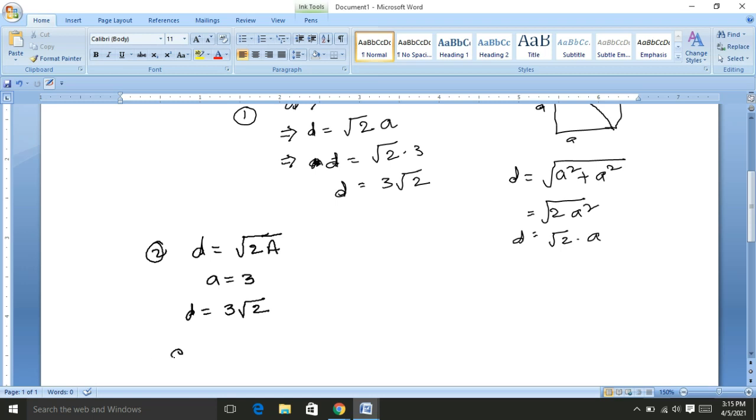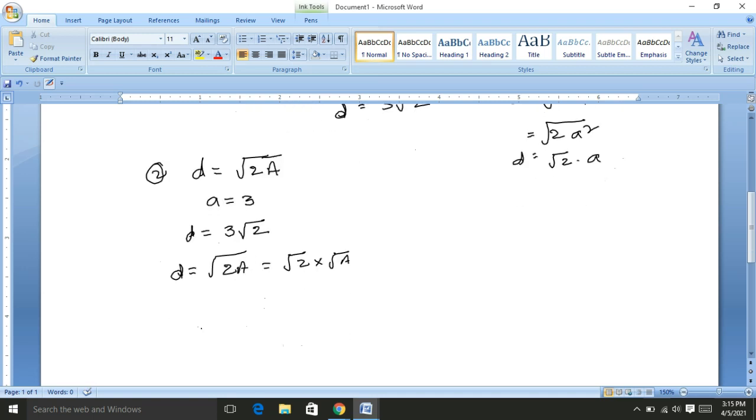Here d equal to root 2 into root a, that equal to d by root 2 equal to root a. From here we refer that a equal to d by root 2